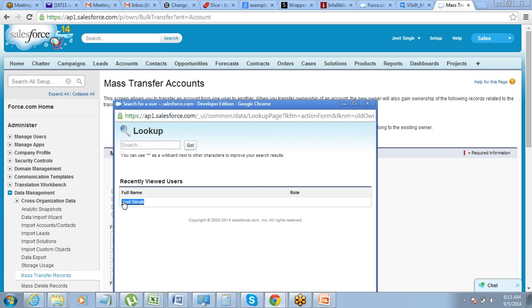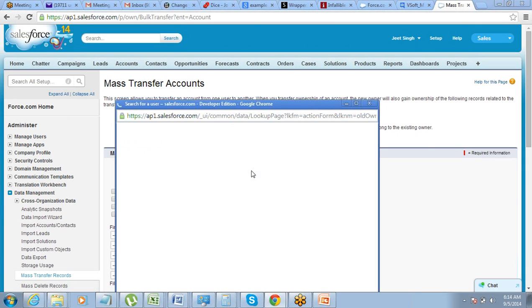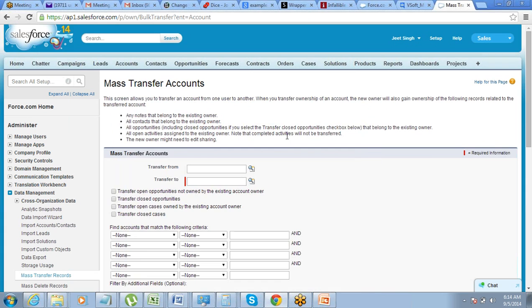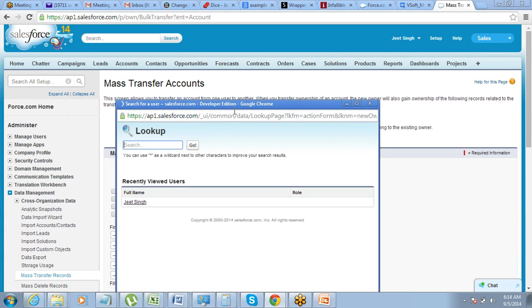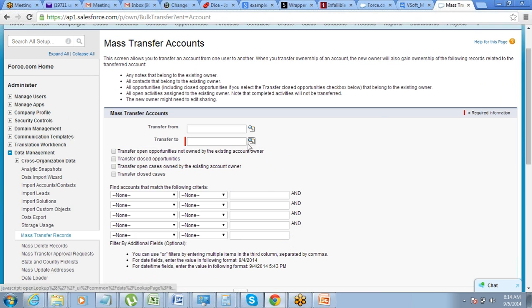Right now I just have one, Jeet Singh. This is the only user I have, right? So if you want to do the transfer, I would recommend, once you are trying to do it, create one more user and then transfer the data from one user to the other user. Okay. So just select a user, from user, select a 2 user, and then once you have selected a from and to user,